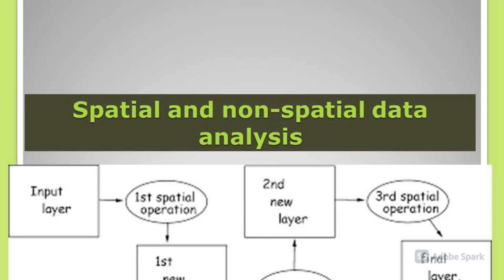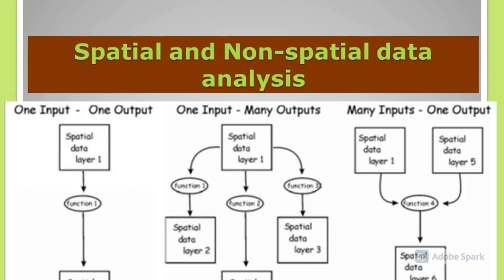To derive new information, either one or more inputs and spatial operations can be used, as shown in the figures below. Results of analysis can be communicated in the form of maps, reports, or both. A map is used to display geographic relationships, whereas a report is a document for summarizing the tabular data.